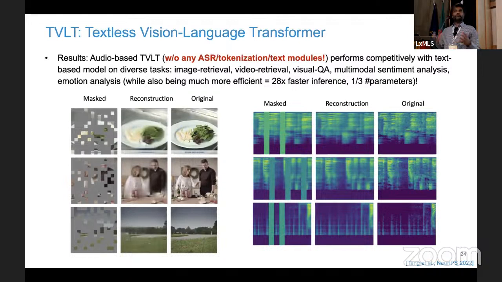And we tried very different tasks like image retrieval, video retrieval, visual question answering, all the way to multimodal sentiment analysis and emotion analysis tasks from CMU, where this, in fact, was even better, right? Because you're getting the additional audio features. But the main advantage here, like I said, was 30 times faster inference and one third of the parameters, because you are removing dependence on all text modules while also sharing the encoder and the parameters.